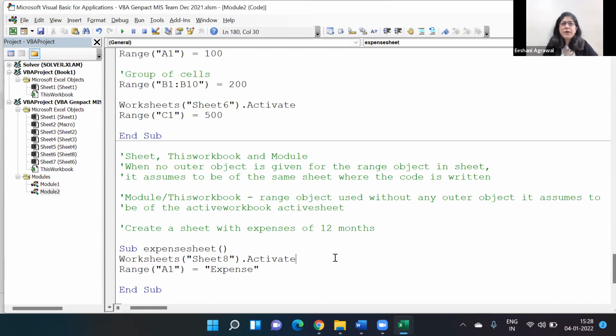Because in real life, we work with multiple sheets and multiple workbooks. It's not that we are going to work in only one single sheet. So we do interact with other sheets and workbooks. Hence, writing becomes easier in a module. So what I did, I activated sheet 8 and then in sheet 8, I'm putting in cell A1